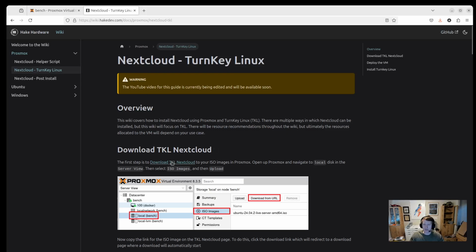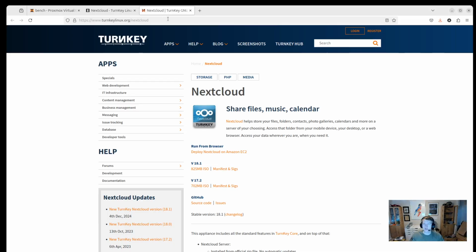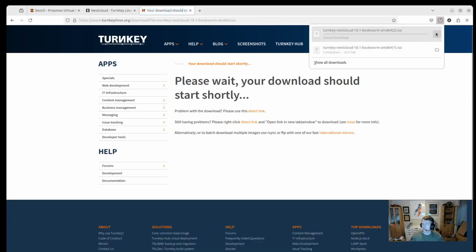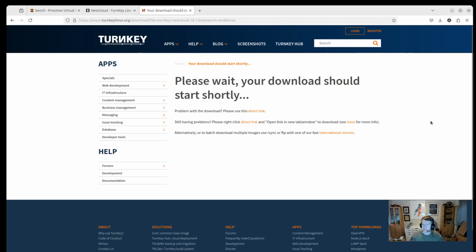And the first thing is we need to download the ISO into our Proxmox instance. So open up the Nextcloud TurnKey page, and you're going to click on this 825 megabyte ISO, and you just want to go up here and cancel the download because you need to copy this direct link. So right click, copy link, and then